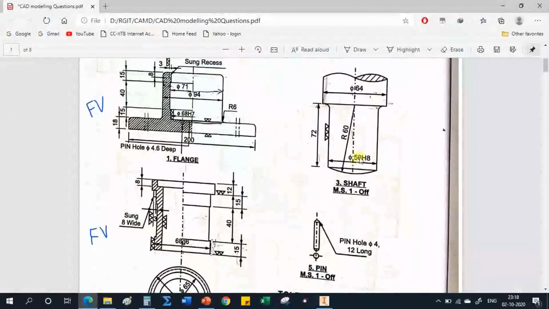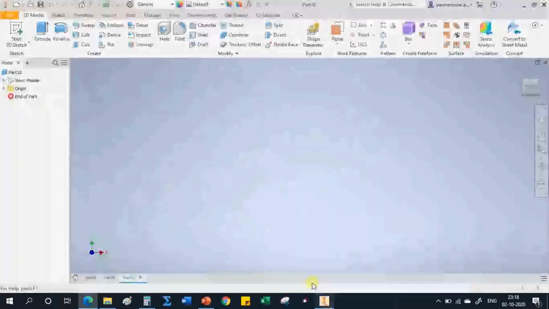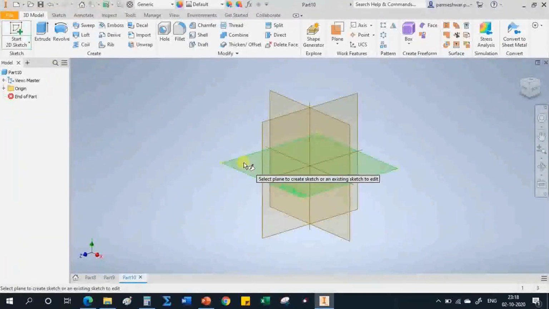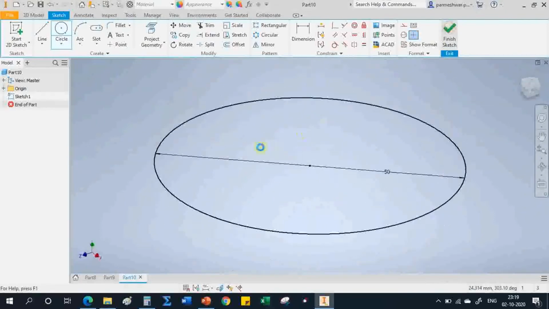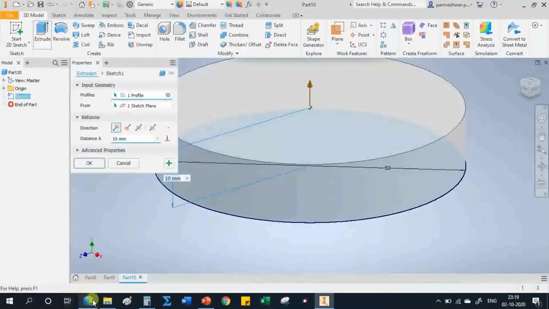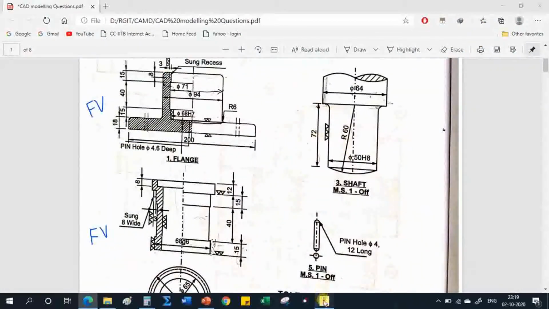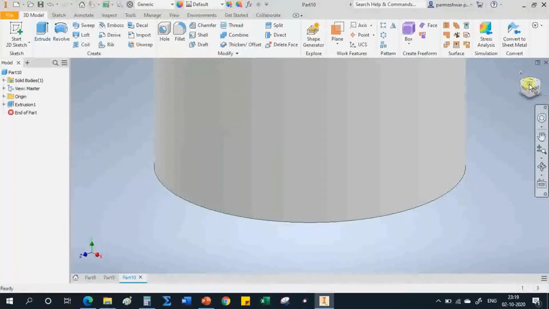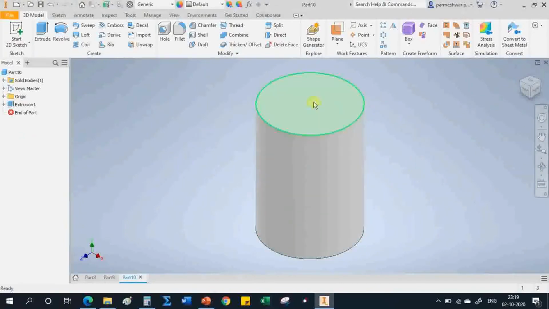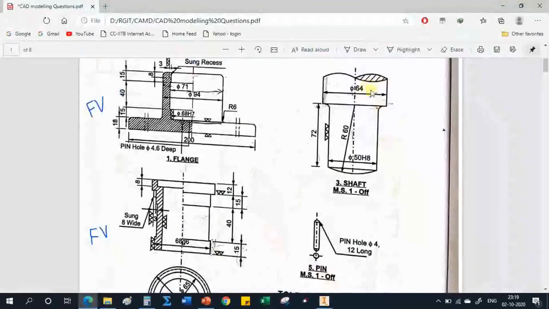Okay. The shaft is how much? The diameter of the shaft is, here it is 50, at the top it is 64. So select 2D sketch, here it is circle and first one 50, right? Finish sketch and we have to extrude it for 72. Here it is 72, right? So make it 72 here. So this way. Okay, and at the top here we can select create sketch, because the upper diameter is 64, and that too for infinite length. So we can select any length.